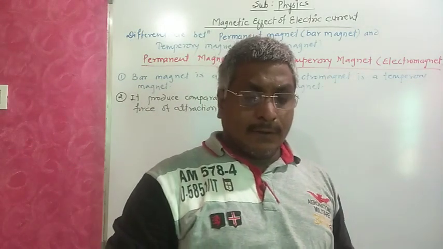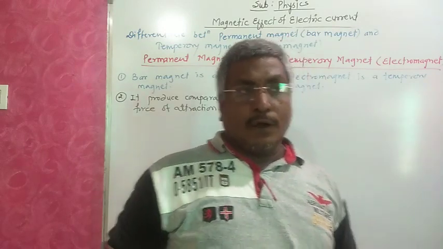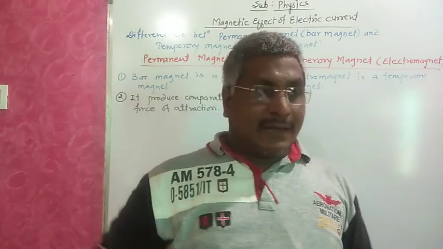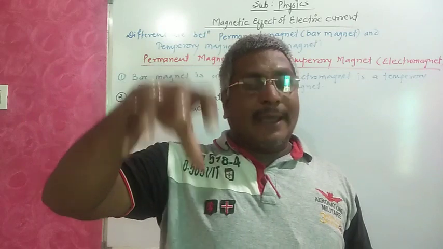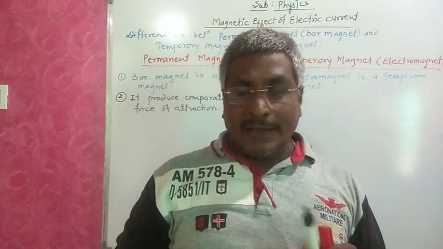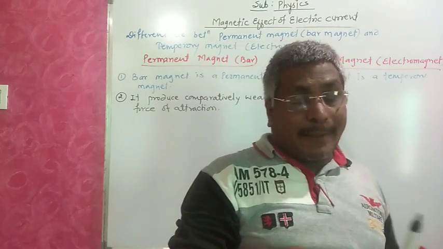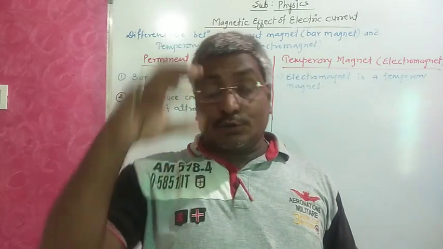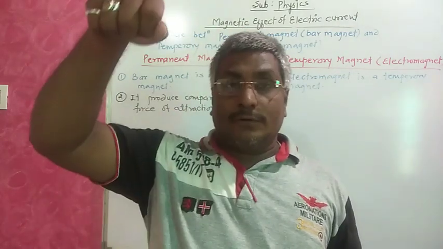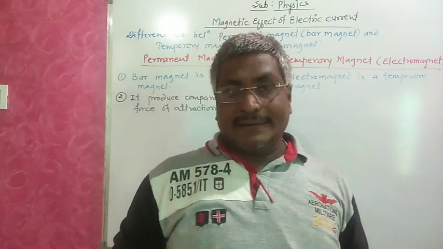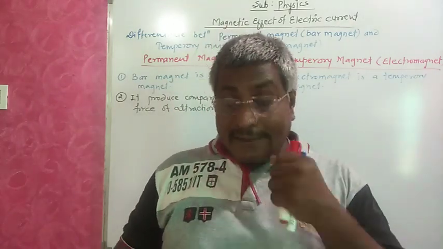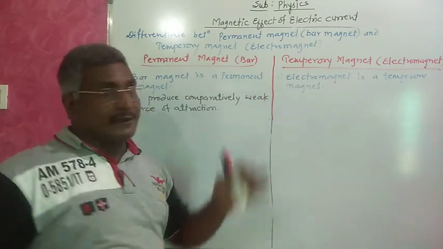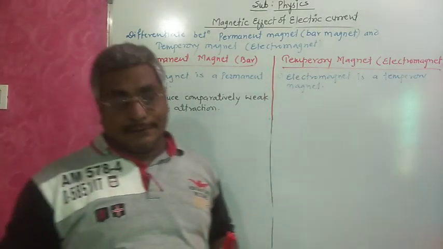If you take the permanent magnet, or it is called bar magnet or horseshoe magnet, and if you bring a strong magnetic substance, a big magnetic substance, near it, that substance having more weight than the permanent magnet, it cannot attract, it cannot hold. But an electromagnet can hold, because in an electromagnet we can increase the strong force of attraction by increasing the current.